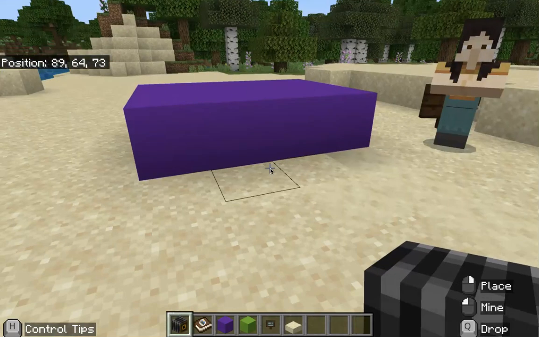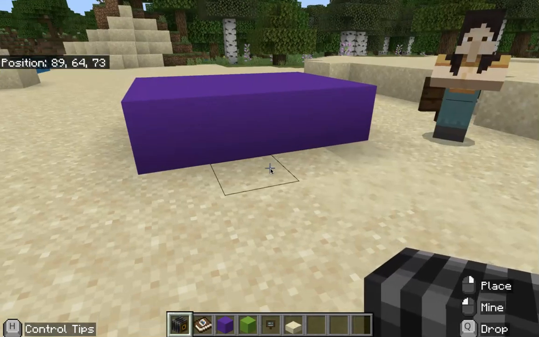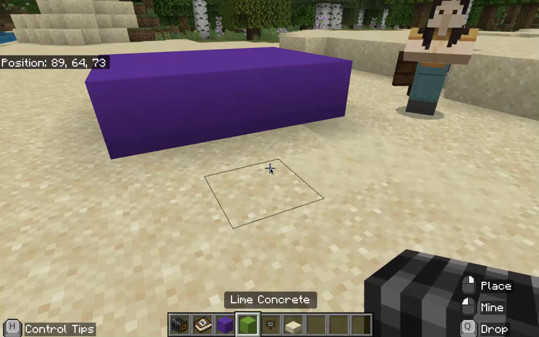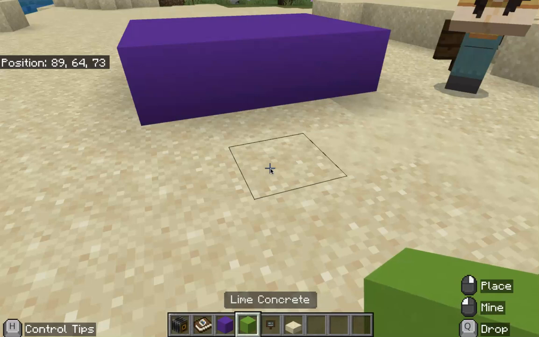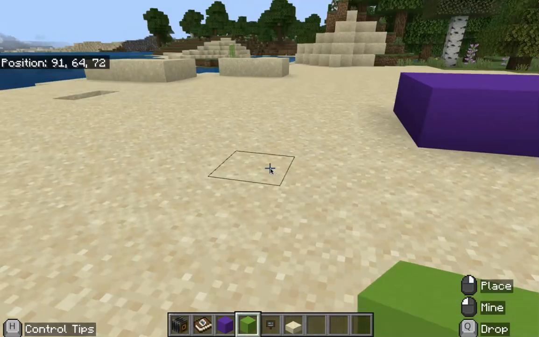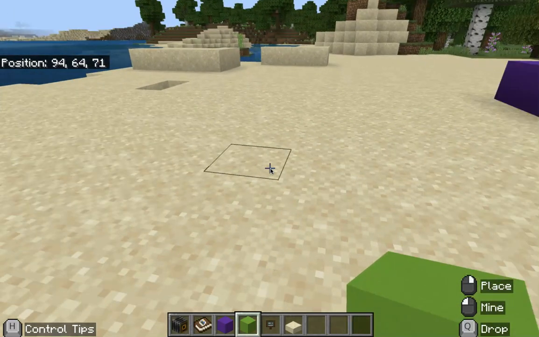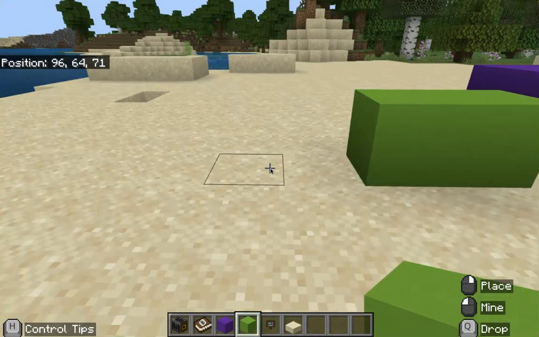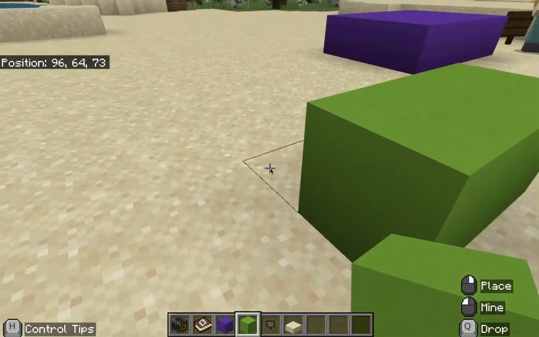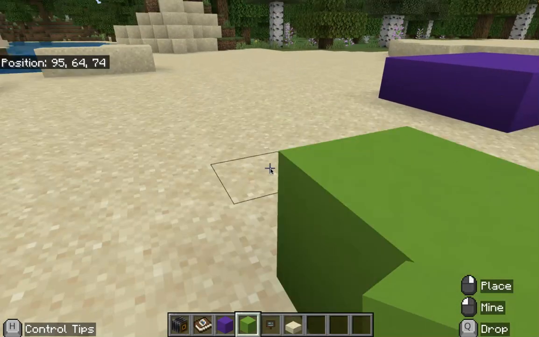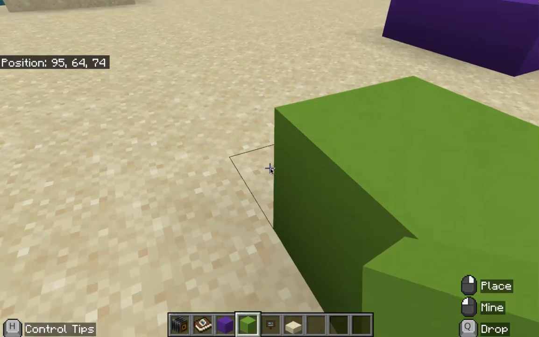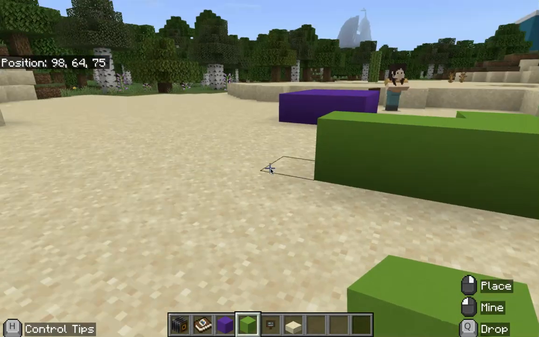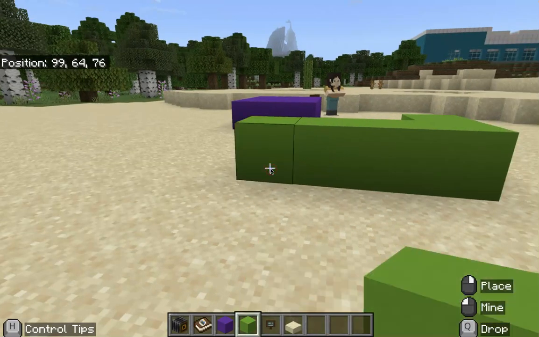Okay, so now I'm going to do 2x6. So I'm going to click on number 4 so I can grab the lime green concrete. Okay, and I'll make mine over here. And I'll do an array that's 2 by 6. So you have 1, that's 1, 2, 3, get a better view of it, 4,